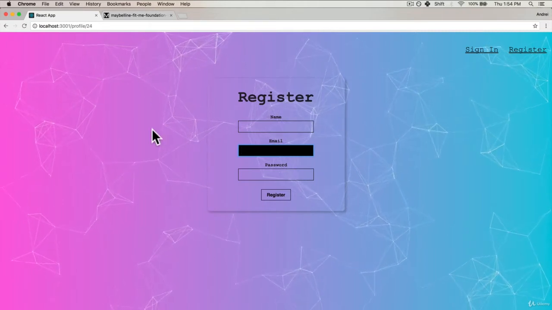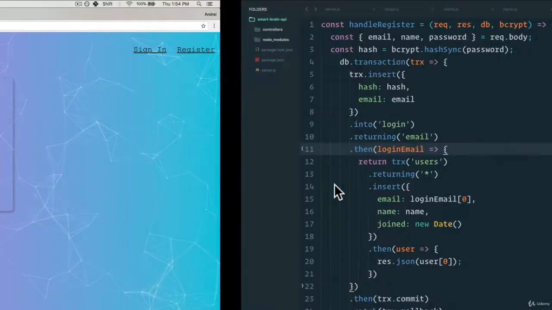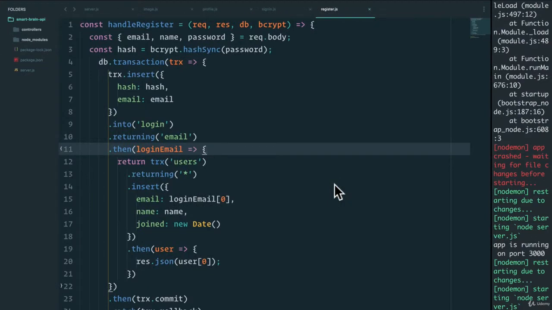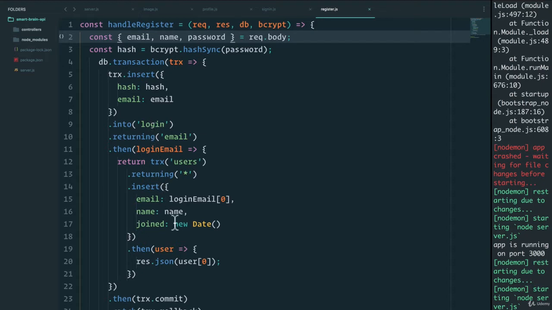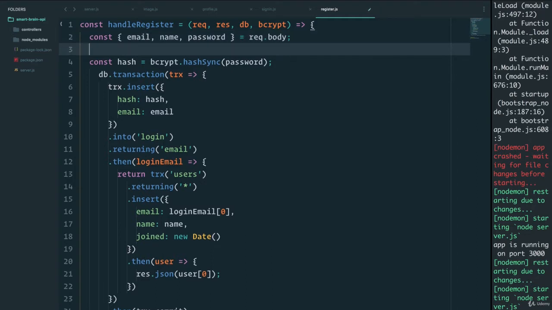And now the front end sends that validated information to the back end. And an important thing that you want to make sure with your server is that the server never trusts anything received from the front end. So it should do its own validation. That is to check email, name, and password, and make sure there are values that it wants to enter and transact into the database. One way we can do this, well, we can simply say that if email